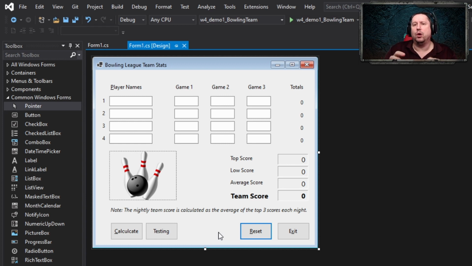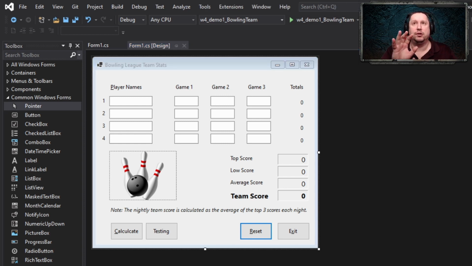But before I get to the code, I want to emphasize the fact that I want to finish this user interface before I go ahead and start coding. I want to have this as finished as possible. So I want to name all my items. I want to make sure I've got everything all set up. So if I go to the properties window here,